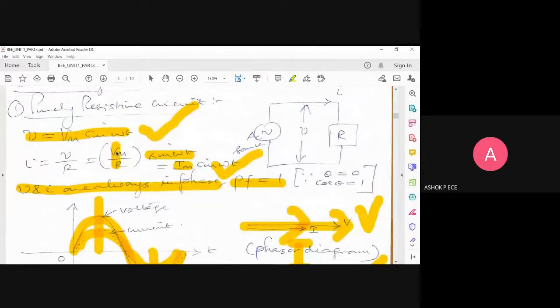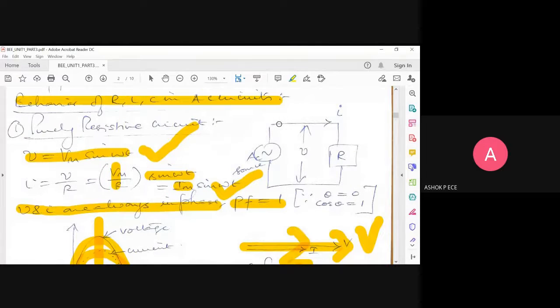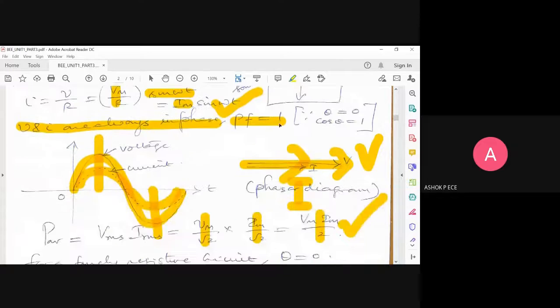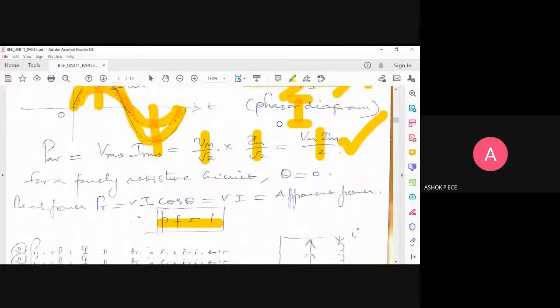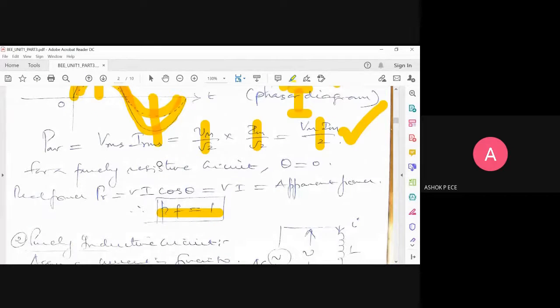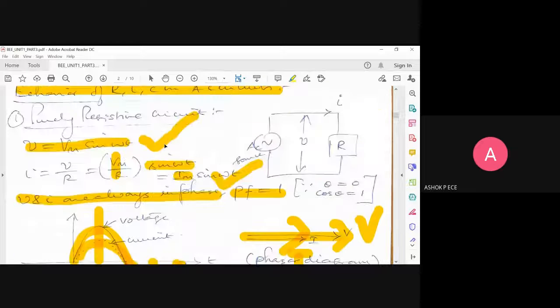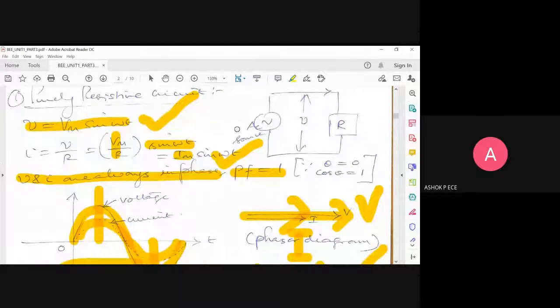When you subject your resistance to a DC voltage or current, it is very simple for us. But when you do the same thing with AC, the resistor does not behave differently for AC or DC. It is not going to show any partiality to AC or DC. It is going to behave in the same way. Even in DC, I can say the power factor is going to be 1. Voltage and current are always in phase. But in AC, you will be writing everything in terms of Vrms and Irms. In DC, it is very simple, just V into I. That makes my problem very simple. Is resistance clear? How a resistance reacts to AC sources? Is that clear to you?